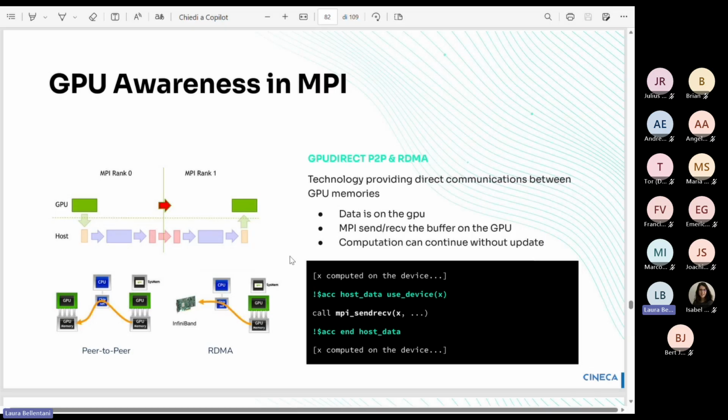In this case, you don't have to move the data to the CPU to implement the communication, but you can move the data directly from one GPU to another. From an MPI perspective, this means that you can provide to the MPI API directly the buffer on the GPU. So in this way, the computation can continue without an expensive update.